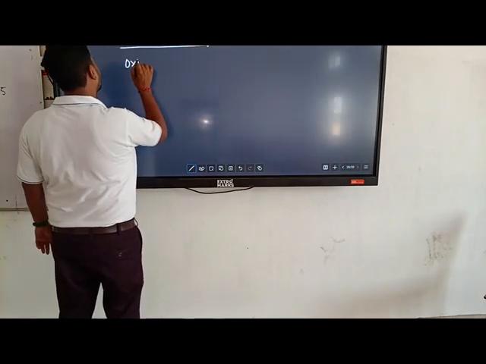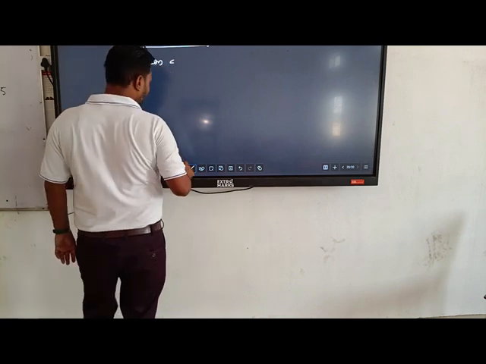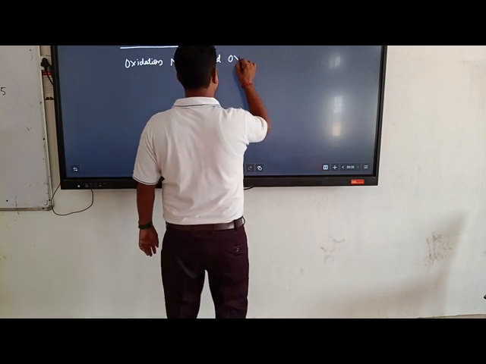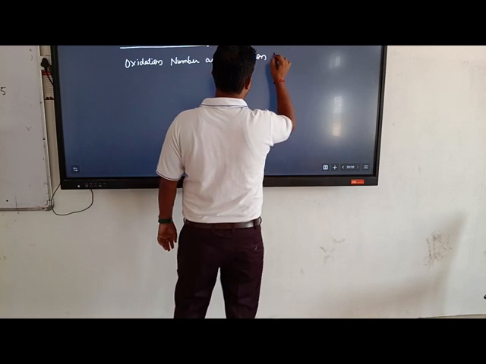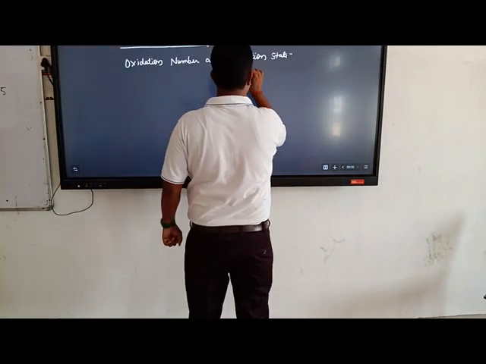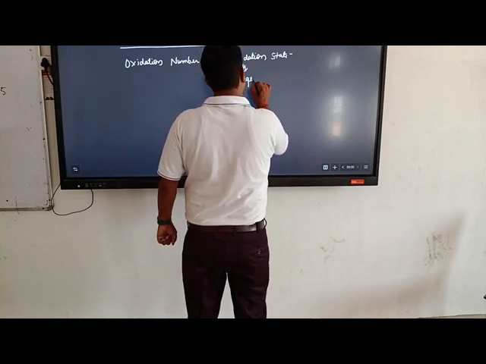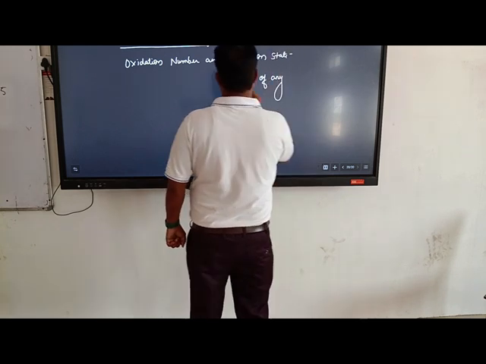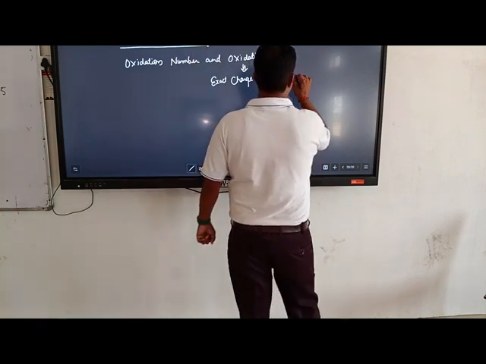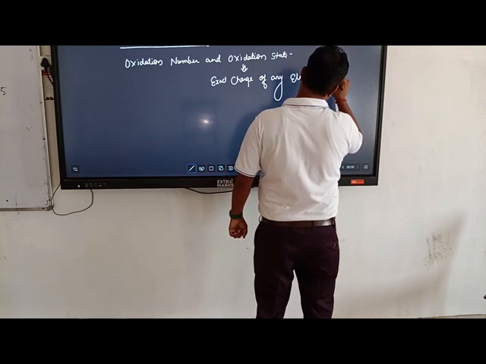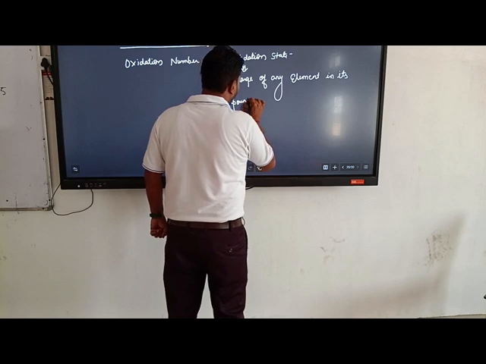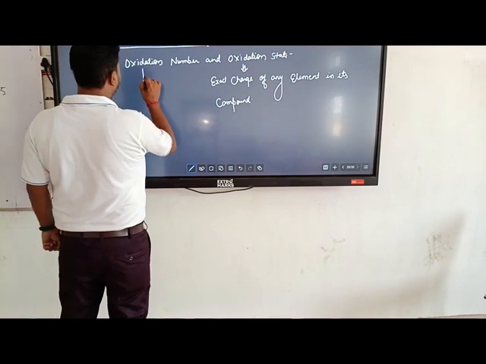So first is oxidation number and ऑक्सीडेशन स्टेट. exact charge of any element in its compound, means किसी एलिमेंट ने कंपाउंड बनाया तो उस कंपाउंड में उस पर्टिकुलर एलिमेंट का जो एग्जैक्ट चार्ज है वो क्या हो जाएगा, उसका ऑक्सीडेशन स्टेट। अब आते हैं ऑक्सीडेशन नंबर और थोड़ा